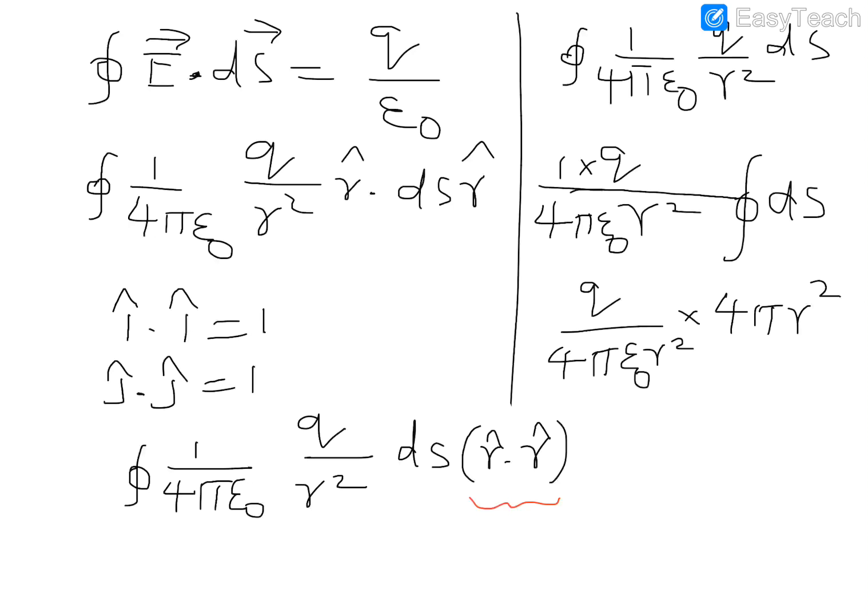Now if you check the expression, you can see that there are some terms, 4 pi r square. Now what is remaining in this expression? Only q by epsilon 0 is remaining. So from where did you start? You started from closed integral e dot ds, you substituted that value and simplified. Finally you got q by epsilon 0, which is nothing but the statement of Gauss's theorem. So this left side is equal to q by epsilon 0, which is Gauss's theorem.